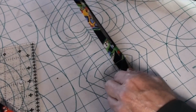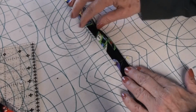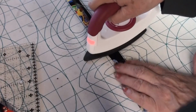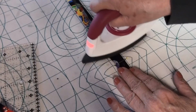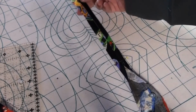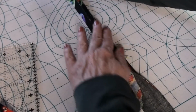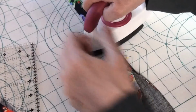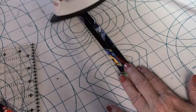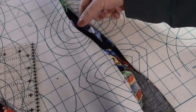And this, pull through. Look, it's going a little bit cockeyed. And I can try to straighten it out a little bit, but it really doesn't matter much. It does not have to be perfect. This is a mask. These are the straps. We are just trying to make it so that the outer edges or the raw edges are enclosed. So again, pull through and press or iron like that. Pull through